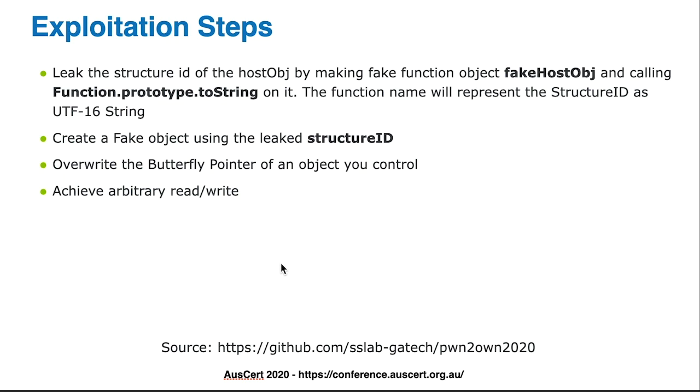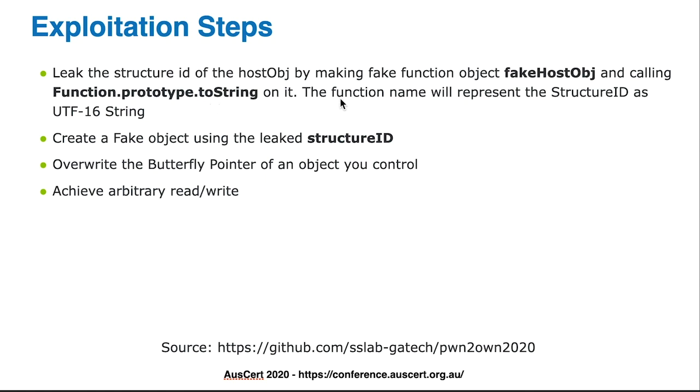Now, getting the address of primitive will also give you the fake object primitive. However, in order to create fake objects, you must be able to create valid headers. And one of the important things in creating valid headers is creating valid structure IDs. So in this case, the structure ID is leaked by making a fake function object and then calling the Function.prototype.toString